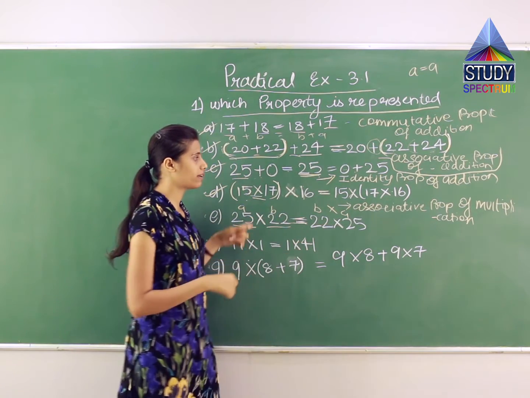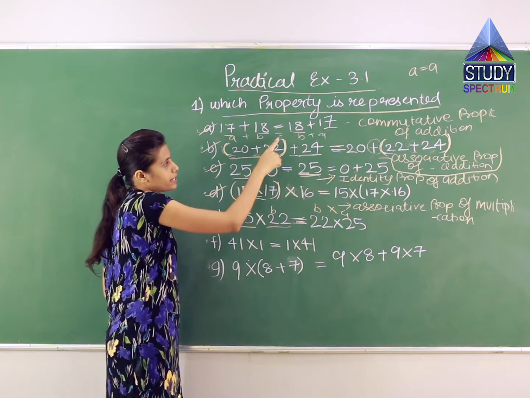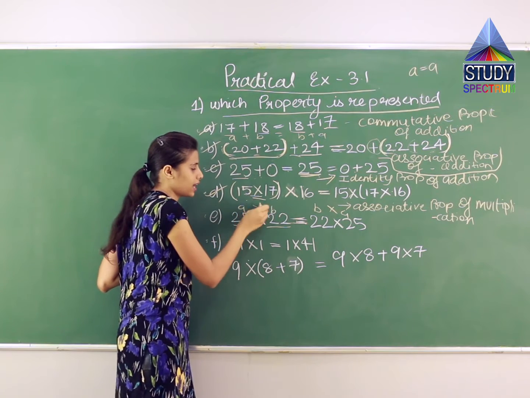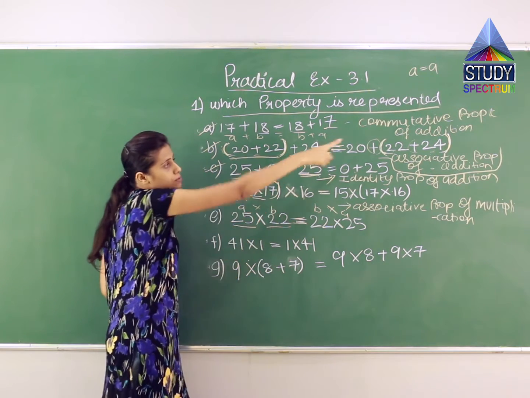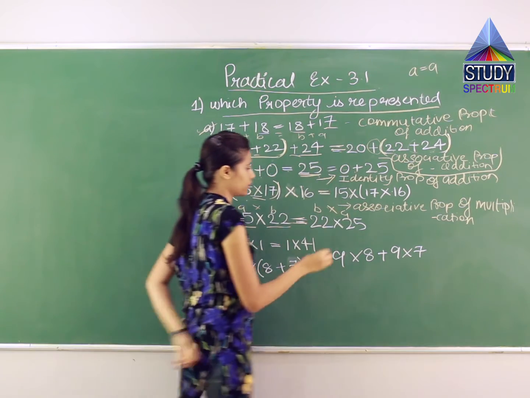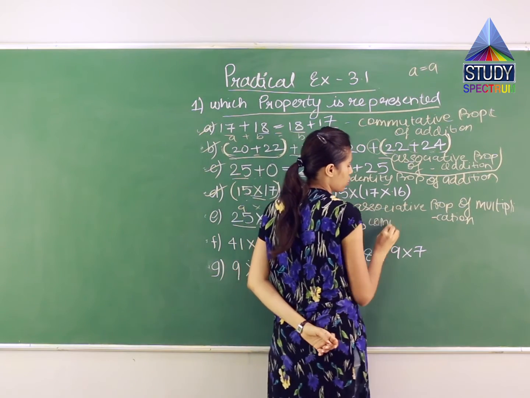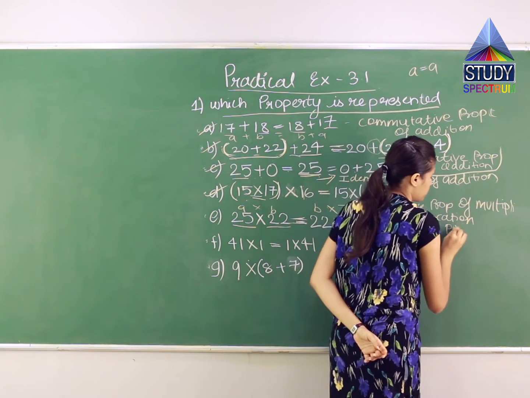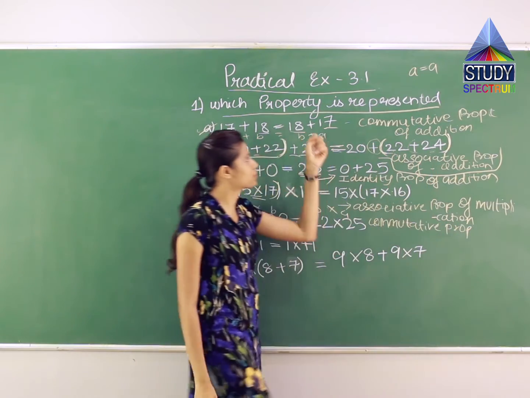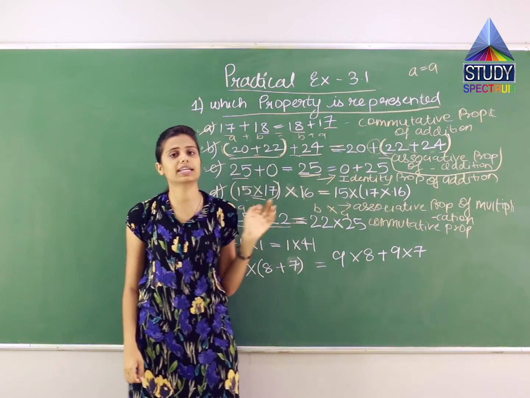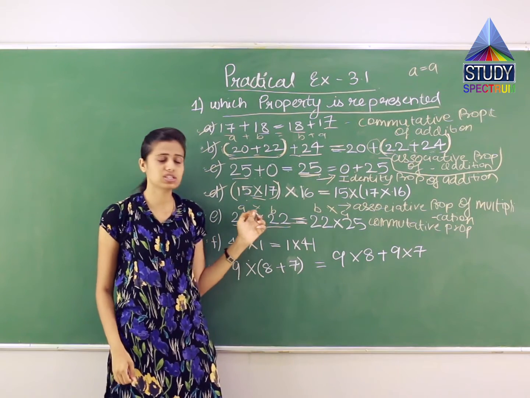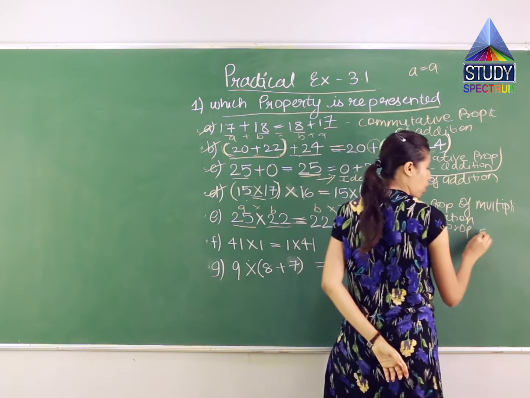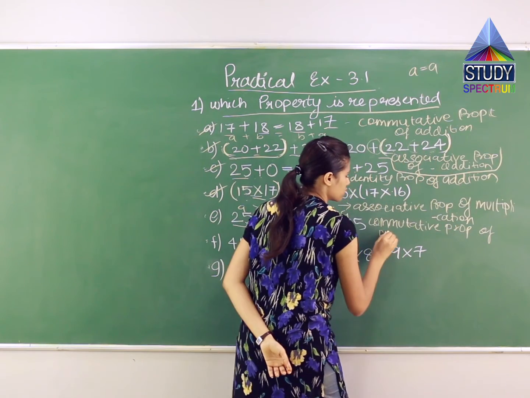So which is this property? We have already studied, right? Over here also place did not matter, A plus B or B plus A. Same here, only which sign has come in between? Multiplication. So which is this property? Commutative property. So it will be commutative property. But over here it was addition because there was an addition sign between 17 and 18. Over here there is which sign? Multiplication sign. So it will be commutative property of multiplication.